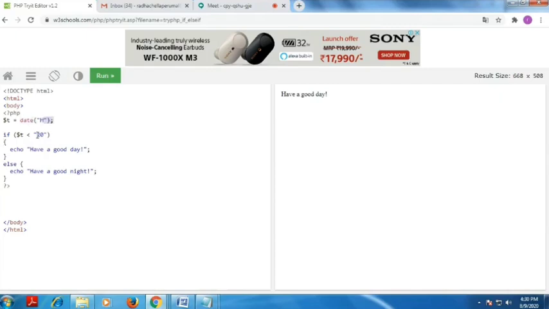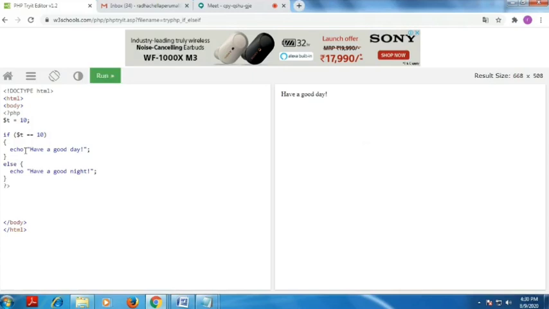I get the hour. If the hour is less than 20, the output is have a good day. If the condition is false, you get the else statement. You see here, t equal to 10, so I change this to t double equal to 10. What is the result we will get?